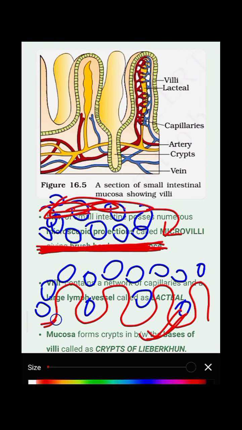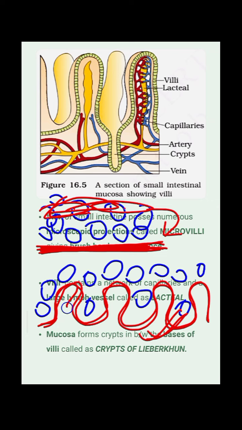But in this case we have more surface area, so more nutrients can be absorbed at a time, right? Can you get that? That's why the mucosal layer of the small intestine gets modified to have this villi structure, just to increase the